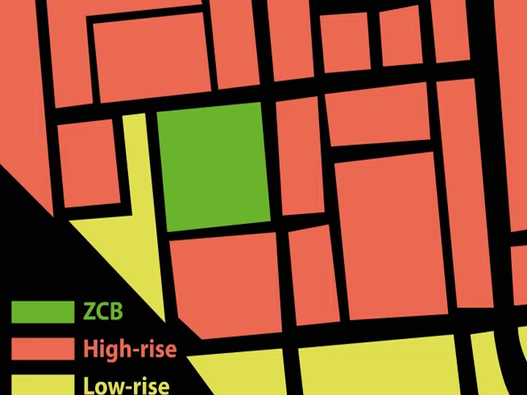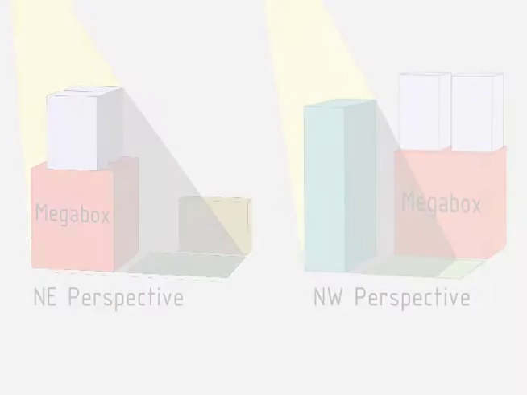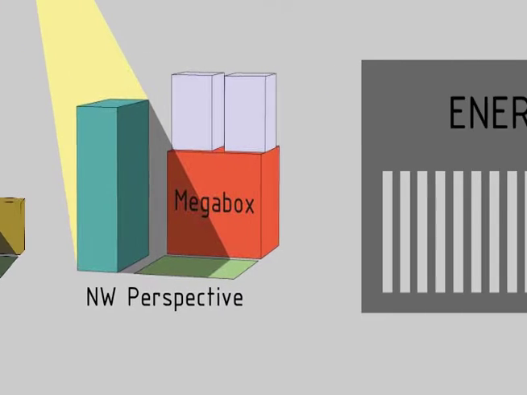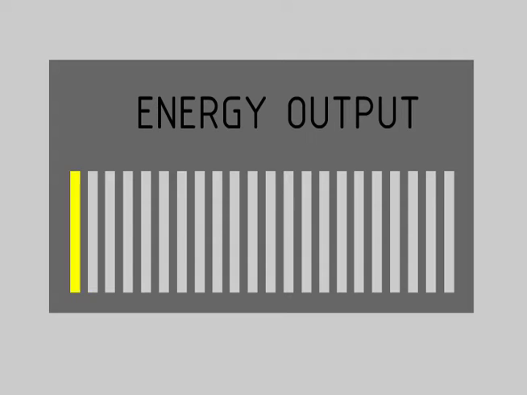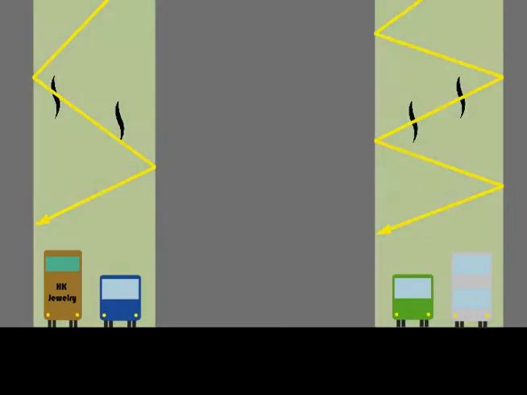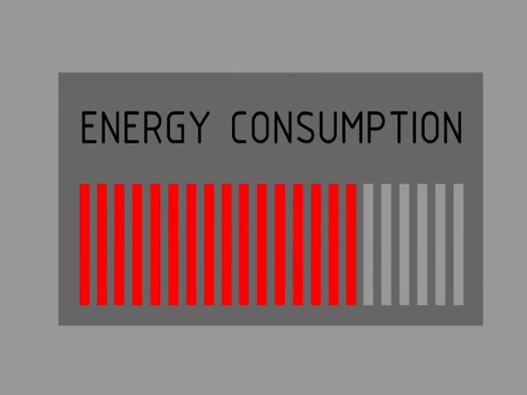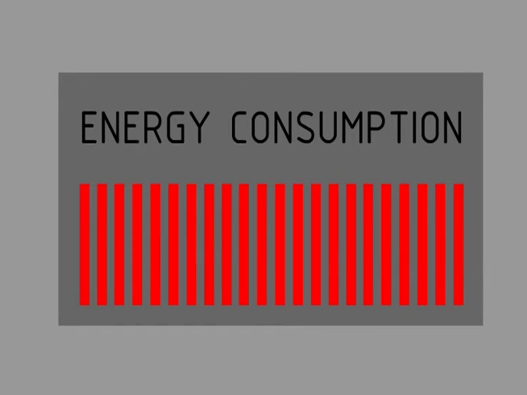Hong Kong has a very high density of construction. In fact, high-rise buildings are surrounding ZCB, and they obstruct sunlight, reducing the power output and the efficiency of the design. Besides, heavy traffic, reflecting glass, and lack of ventilation will easily induce the heat island effect, and people will demand more cooling. High density will increase the overall energy consumption of a building.